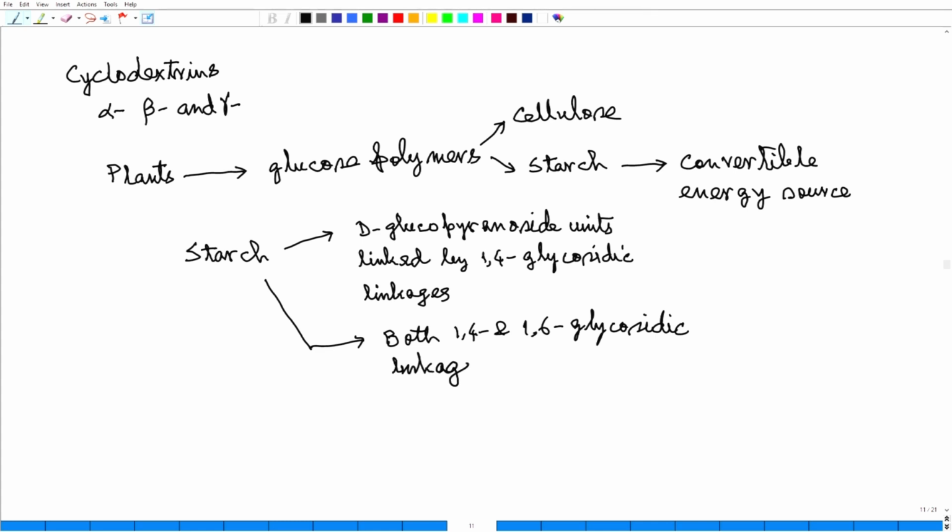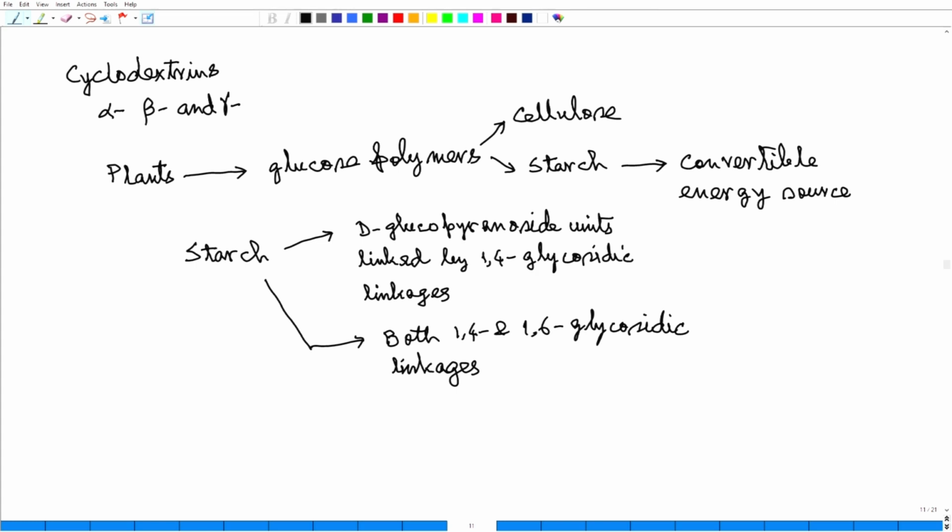So, from starch we get two polymers. One has 1,4 glycosidic linkages, and the other has both 1,4 and 1,6 glycosidic linkages. All right. Now, these polymers can be degraded by various means,